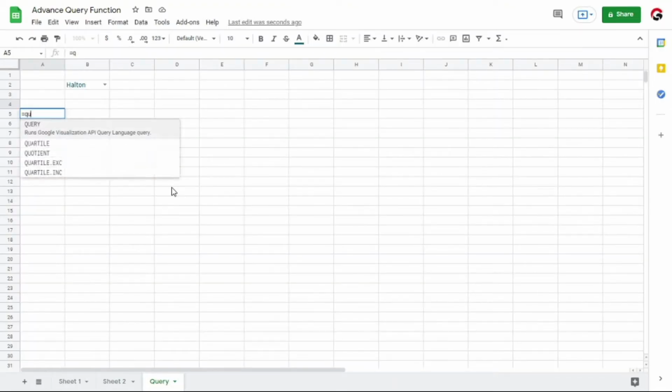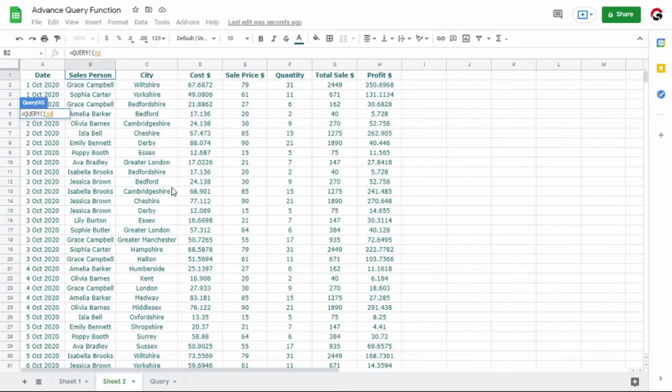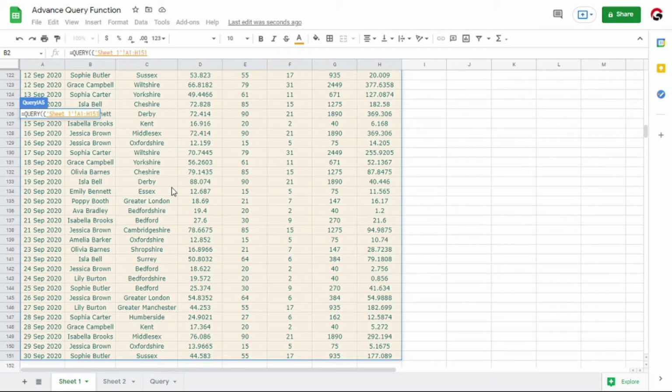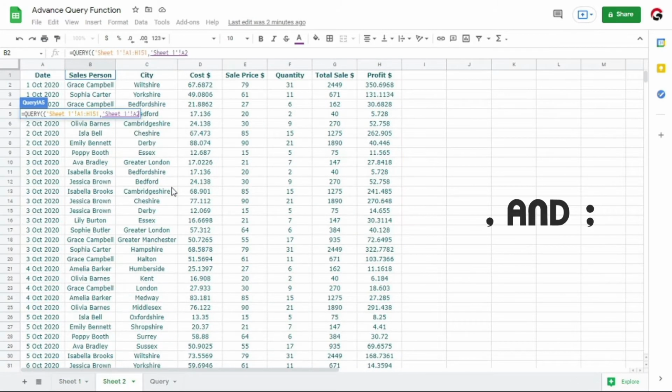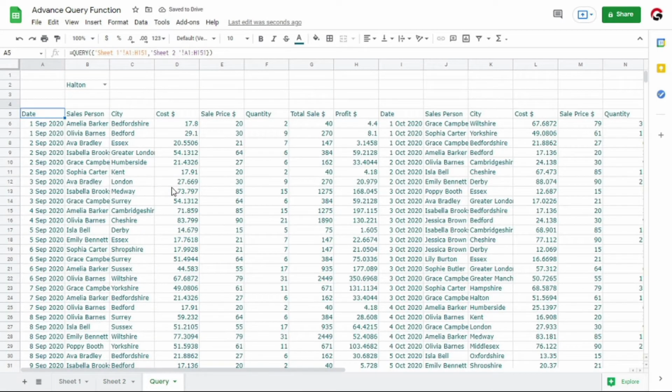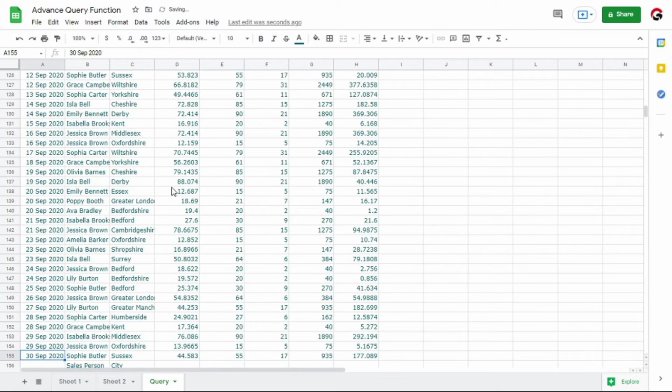Okay, now write the query function and apply the curly braces in the section where we will give the ranges to the function. Here I am giving range number 1 from my sheet number 1. Now stop here and see, there are two ways to separate the ranges: one is a simple comma and the second one is the semicolon. With comma separation, the ranges will be next to each other, like I am doing now. With semicolon, the ranges will be after each other, forming a table, like I am doing now, and you can see that. Hope you have understood the comma and the semicolon.